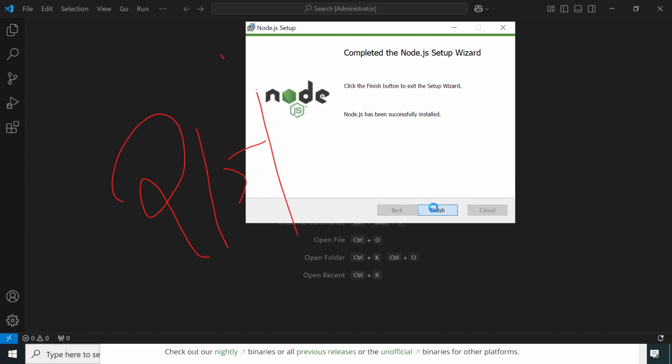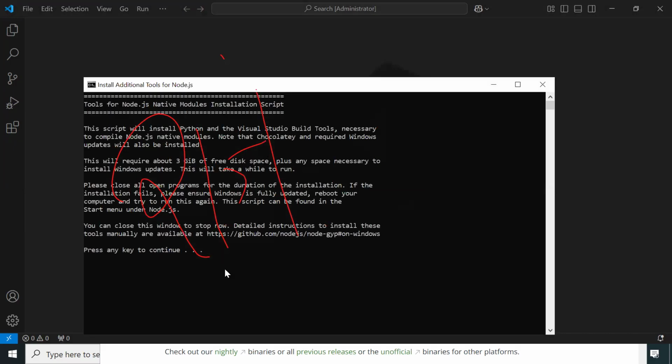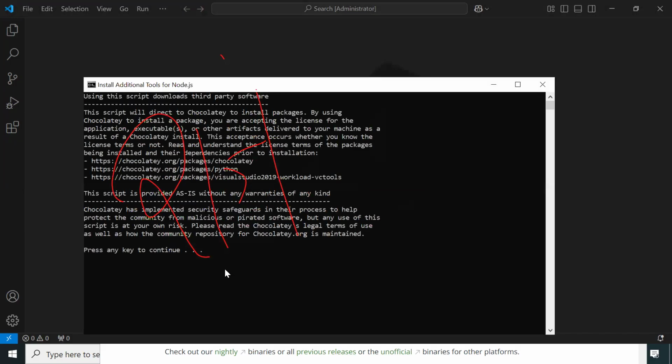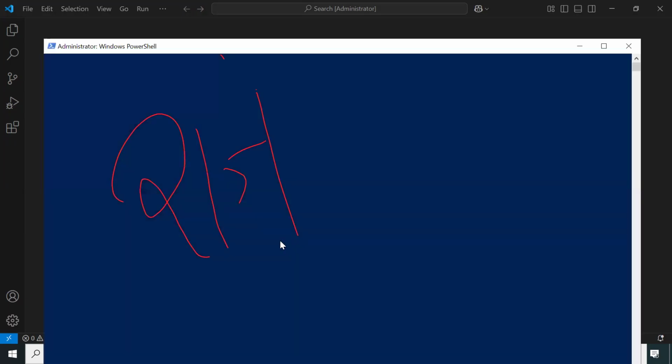After installing, finish. Click. PowerShell also gets installed on its own. So now PowerShell will get installed. Okay. Now once you've done that,